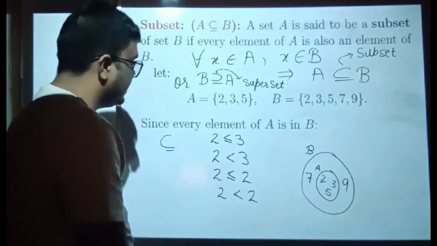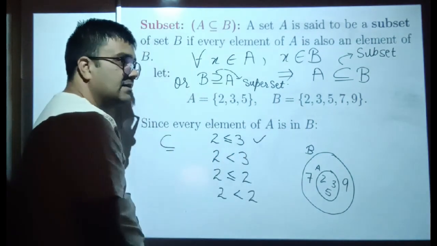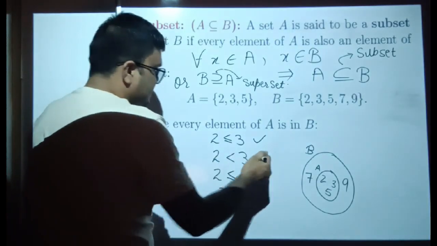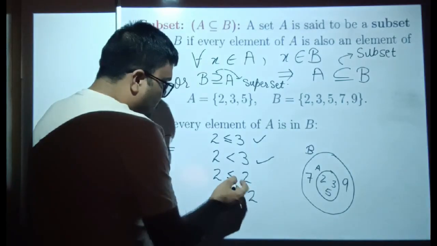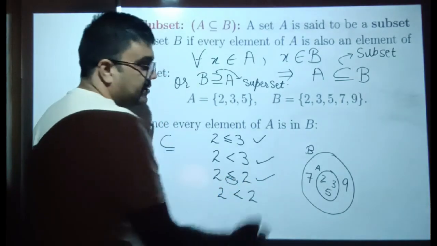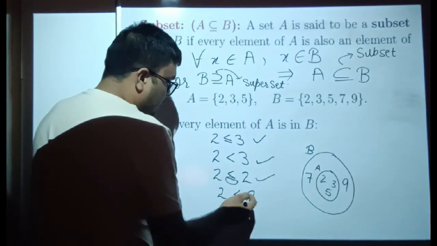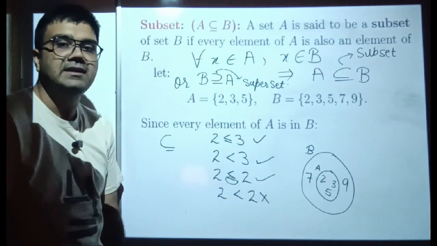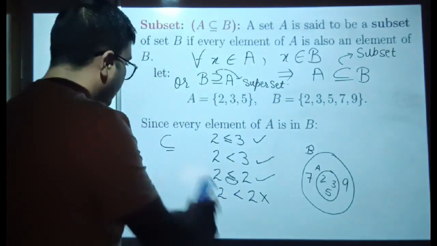Observe these statements very carefully. We are saying 2 is less than or equal to 3. This statement is correct. We are saying it is less than or it should be equal to. 2 is less than 3. This is correct. 2 is less than or equal to 2. Now equality holds over here. This statement is correct. When we are saying 2 is less than 2, this statement is false because 2 is not less than 2. Similarly, what this thing means,